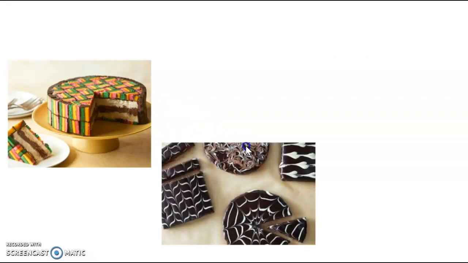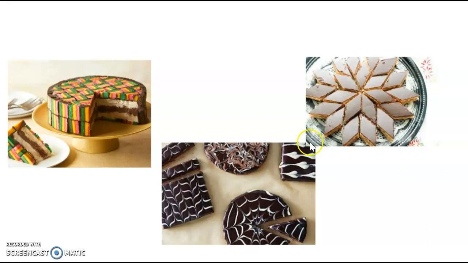Okay, so last lesson we talked about perpendicular angles. And you might be wondering, if I'm going to be a baker or a chef, why do I care about perpendicular angles? Well, as you can see, when you're making a cake, you want perpendicular angles so that it's not going to fall apart, that it looks beautiful. And look at all these different cool shapes that deal with different angles. And even more so,